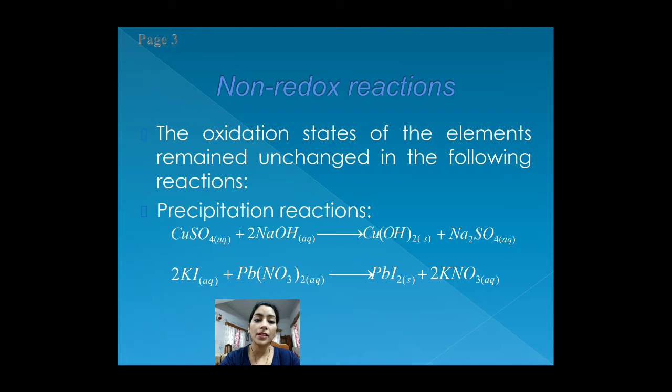Next example is the precipitation reaction. What is precipitation? You have studied this also in class 10th. Precipitation means settling of some salt or compound at the bottom of the utensil is the precipitation reaction. Like when copper sulfate reacts with sodium hydroxide, it gives copper hydroxide and sodium sulfate, and this makes the precipitate in the reaction. Second example we can take when potassium iodide reacts with lead nitrate, it gives lead iodide and potassium nitrate, where lead iodide is a solid and being heavy in weight settles down at the bottom of the beaker.